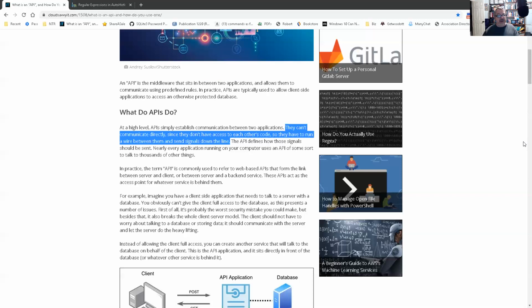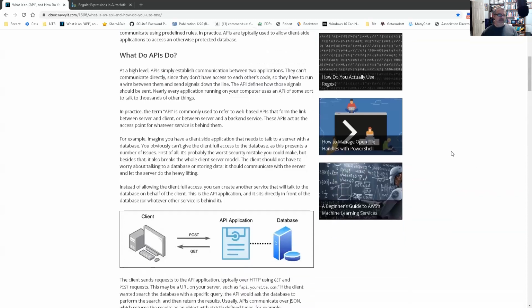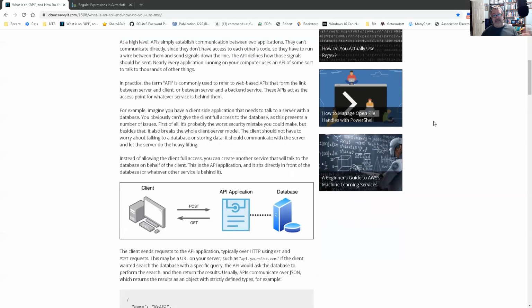And then they did a good job of talking about, hey, we wouldn't want to just let everyone access everything, right? We want to have some security, so you'd lock it down a bit. They get into different types of GET requests versus POST requests, and then talk about, because they mentioned it's almost always JSON now. It's just the type of data you're returning, which I know used to be XML, and now JSON is dominant.